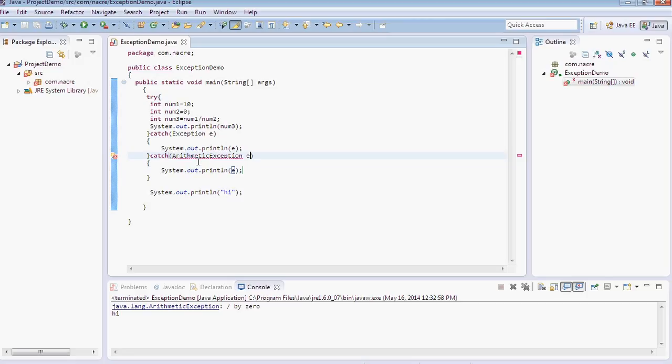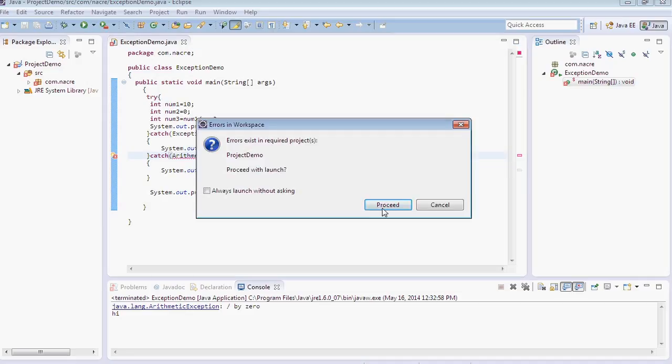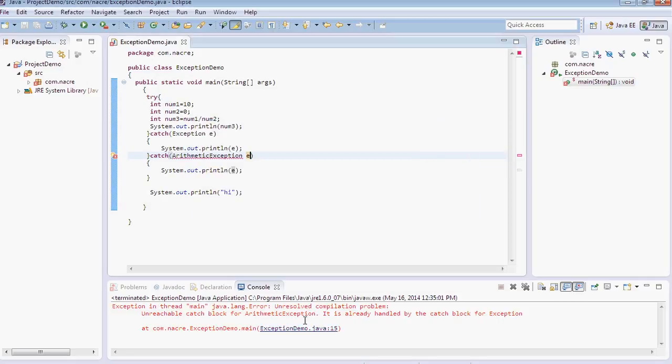So when I execute this program, it will give me an unreachable catch block error for ArithmeticException. It is already handled by the catch block for Exception.